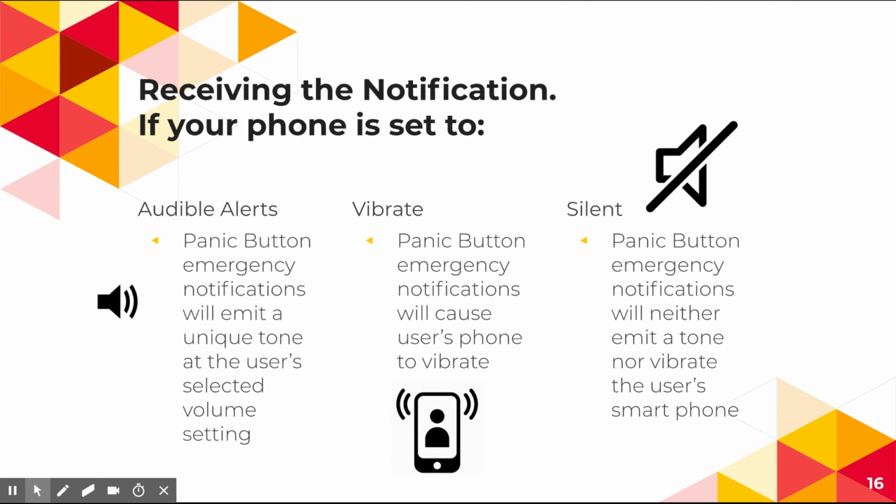So it's really important to note that there are different possibilities that you may need to follow in terms of setting your phone on notification settings. Audible alerts, vibrate, and silent, you'll want to